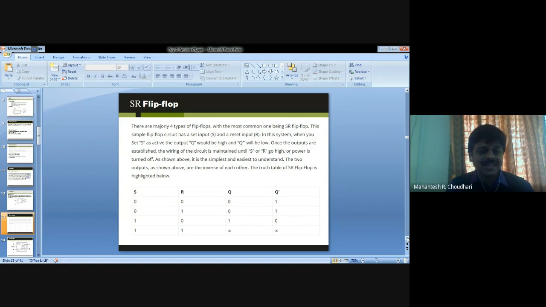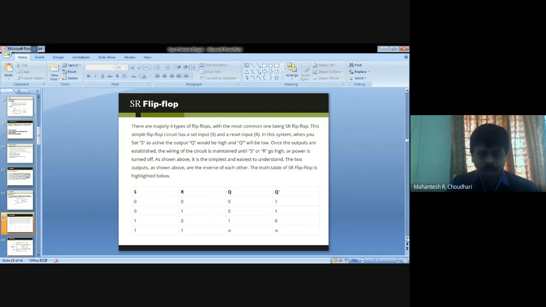Once the outputs are established, the state of the circuit is maintained until S or R goes high, or power is turned off. That's what is shown here. If you see this truth table, it will be easy to understand.